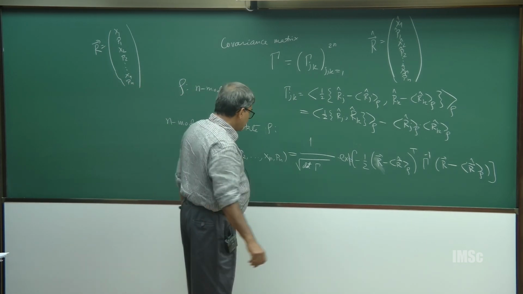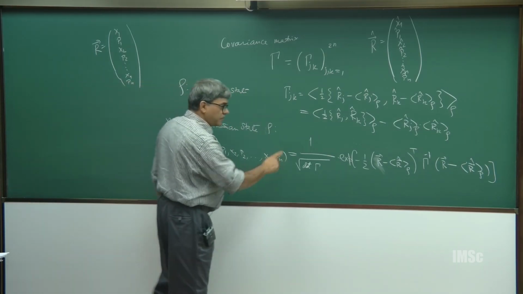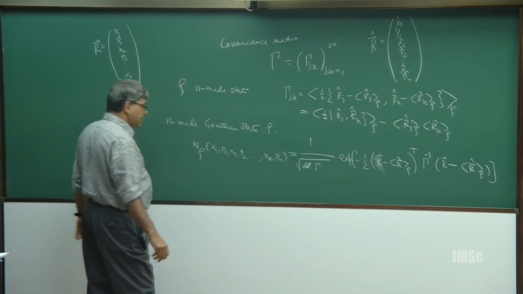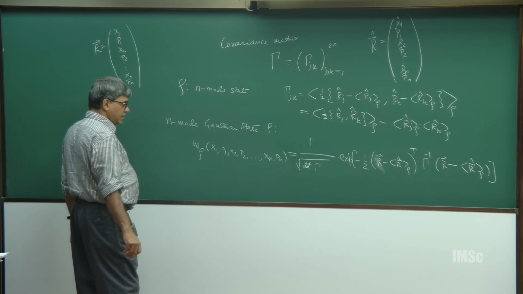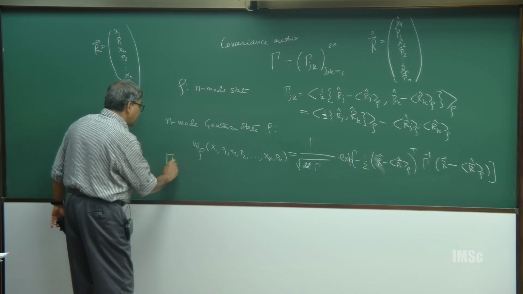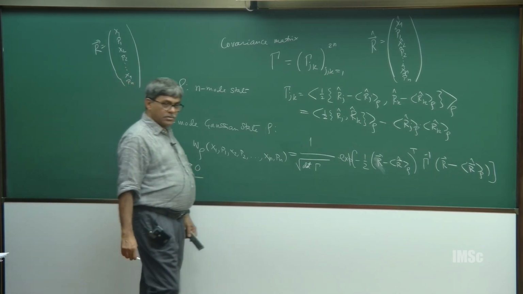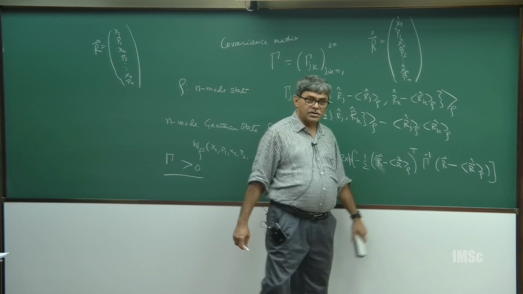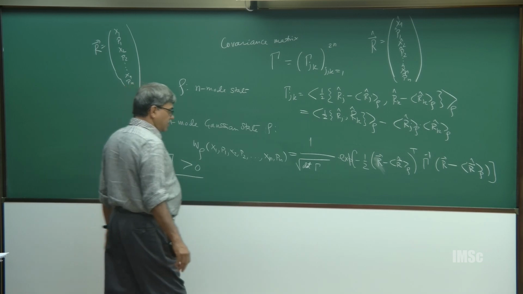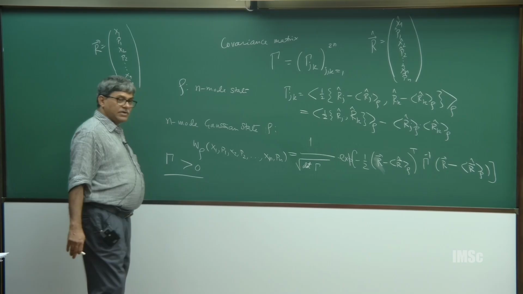So, for an n mode Gaussian state, its Wigner function has to be of this form, and you see that in order that this is a Gaussian Wigner function, this gamma has to be positive definite. Otherwise, this inverse does not exist. So, this is positive definite,